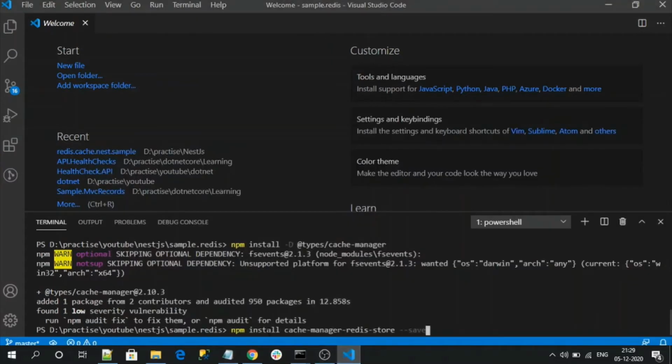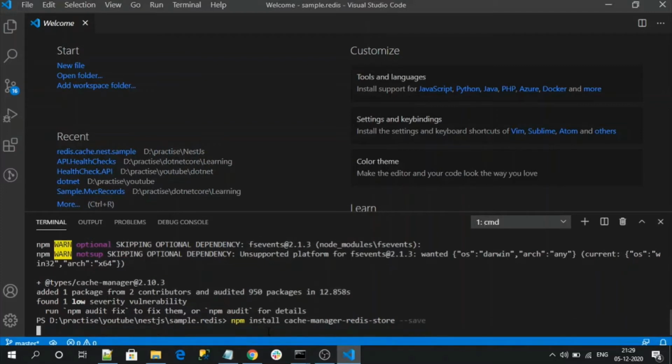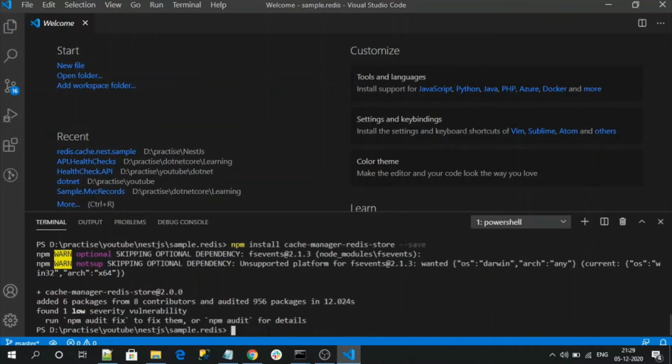Let's paste our last command. So we have successfully installed all three major packages that we require for our application.